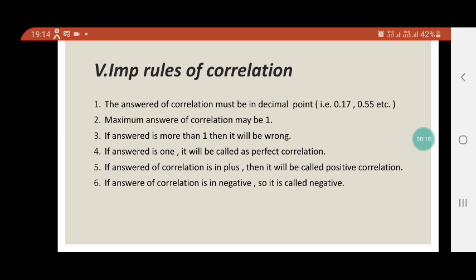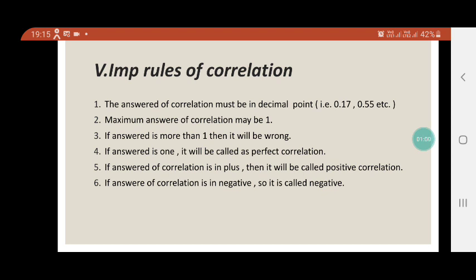As far as the subject is concerned, we have started with the first unit, that is correlation analysis. Till now we have seen the different concepts under this topic. We have seen the meaning of correlation analysis, thereby we have seen that correlation analysis is a tool which helps us to study the relationship between two variables, right? Then we have seen the different types of correlation. Then we have seen the concept of coefficient of correlation, and then for the sake of interpretation, after calculating the coefficient of correlation, we have seen the degrees of correlation.